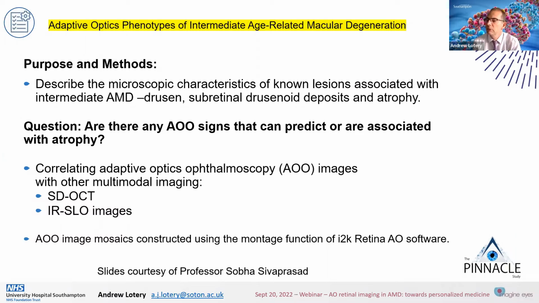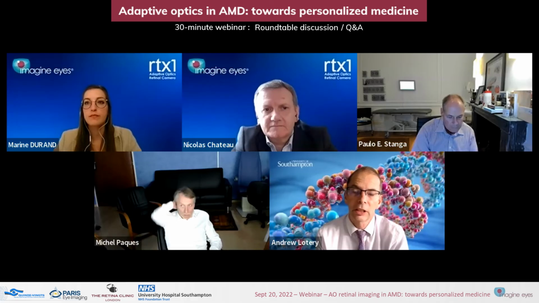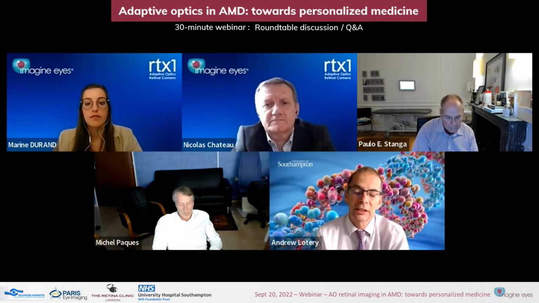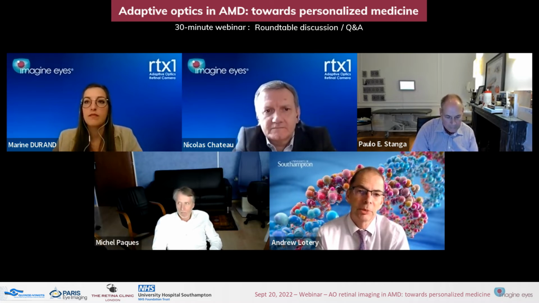So there really hasn't been that many prospective large cohort studies of intermediate AMD. This is one of the first, and adaptive optics is, we think, a useful tool to look at high resolution and pick up the earliest changes that drive progression. And so we hope it's going to help us understand the etiology and also potentially identify structural biomarkers that could be used in clinical trials in the future as surrogate endpoints for late stage AMD, because